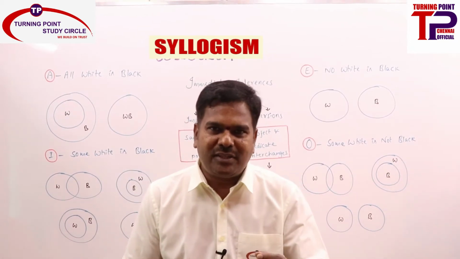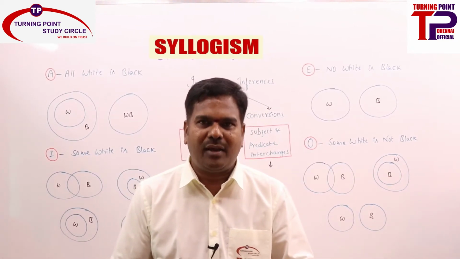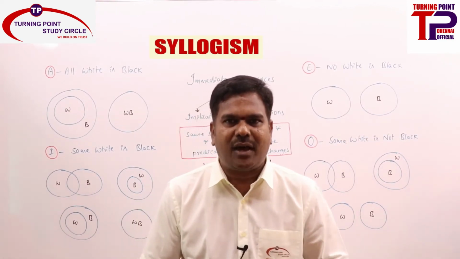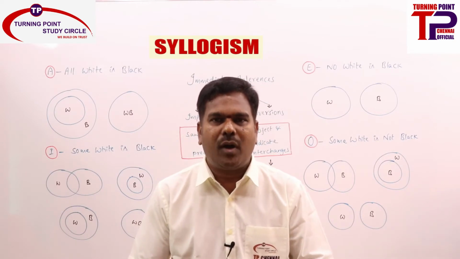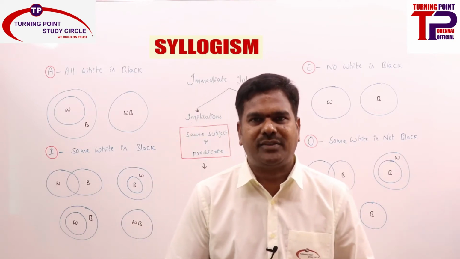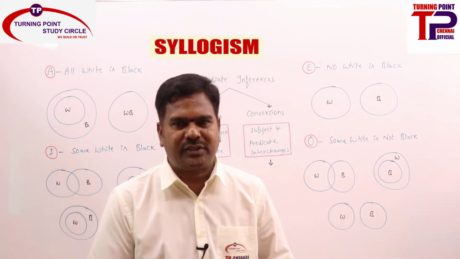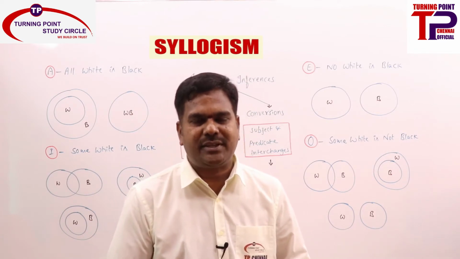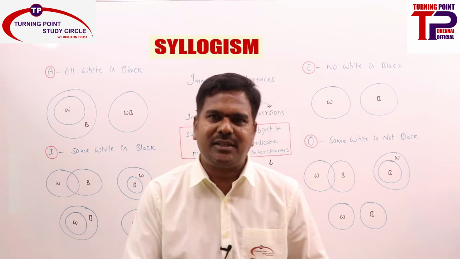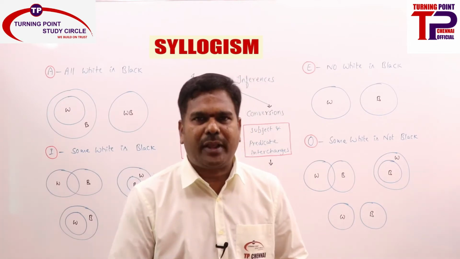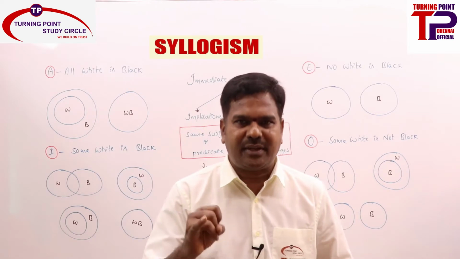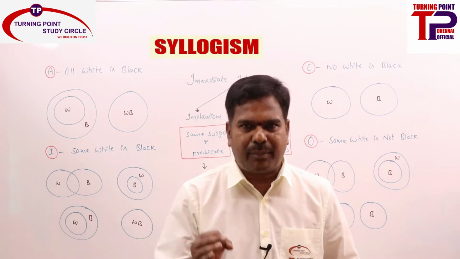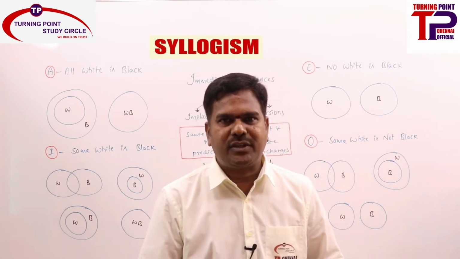Before that, can we just sum up whatever we have discussed so far in syllogism? Now, what is the meaning of syllogism? Syllogism is nothing but inference or deduction from any given statements. What other statements can be extracted is the meaning of syllogism. In syllogism, we do have four types of statements. We call them propositions. A proposition is nothing but a sentence which makes a statement having a subject, predicate and relationship between subject and predicate. We do have four types of statements: universal positive propositions represented with A, universal negative propositions represented with E, particular positive propositions represented with I, particular negative propositions represented with O.